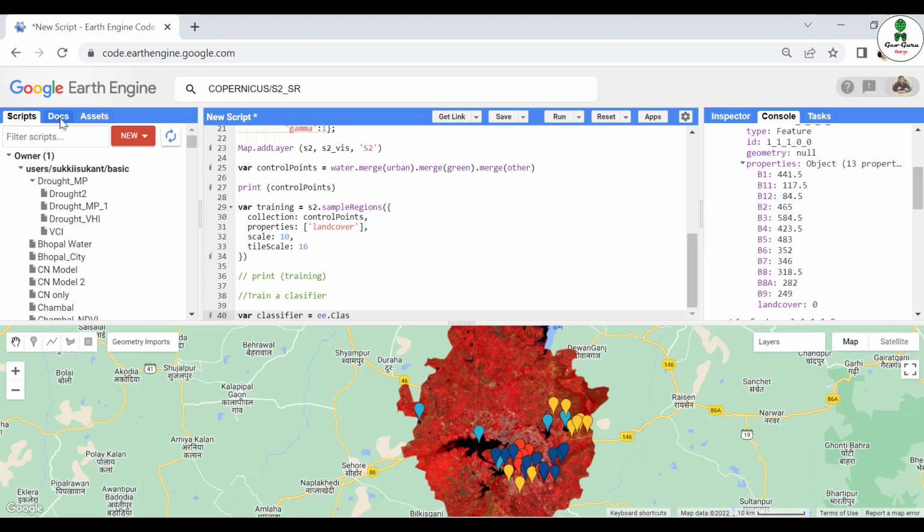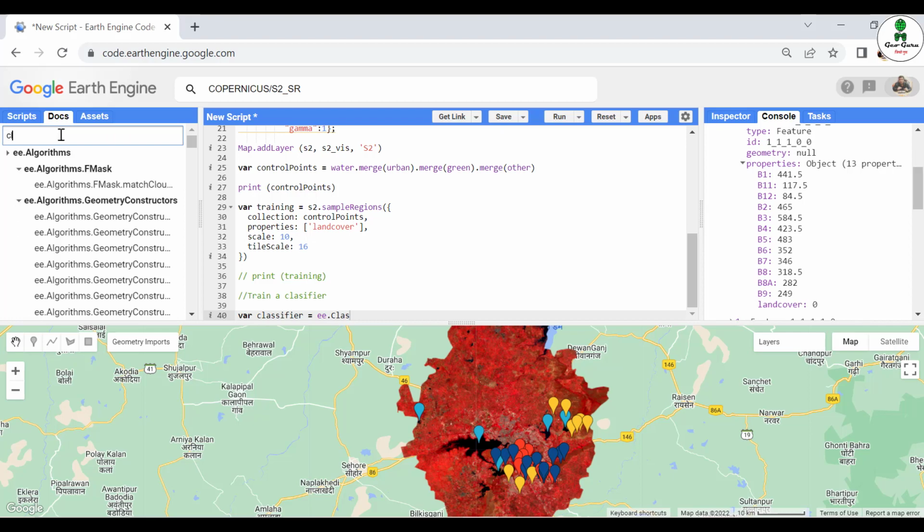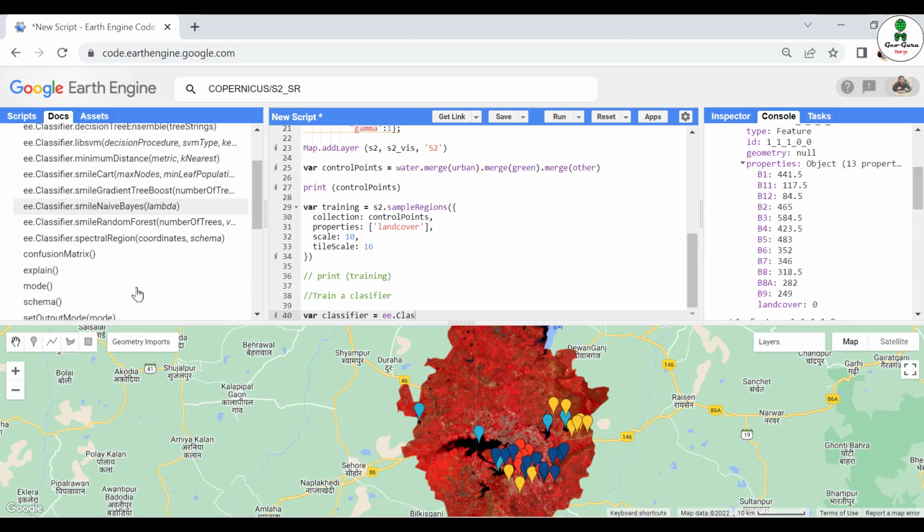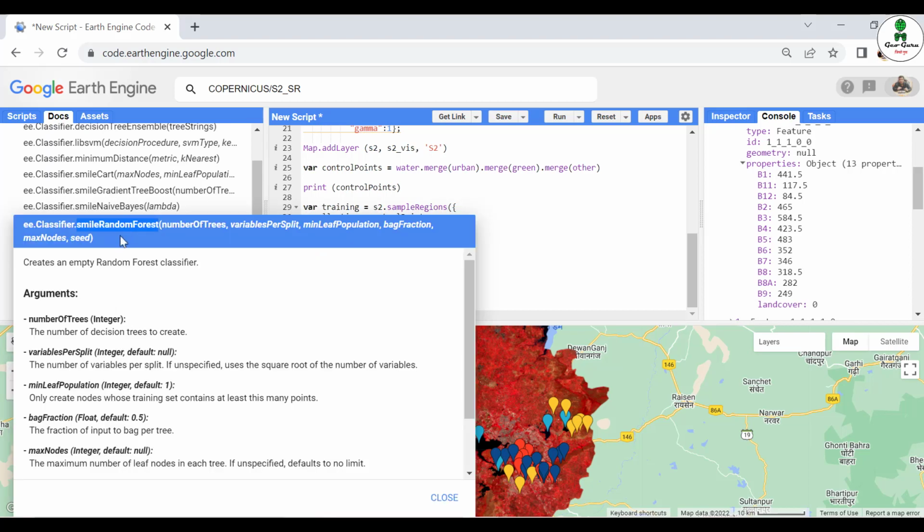If you go to the docs and search for classifier, you can find different types of classifiers, and these classifiers are nothing but the algorithms for computing the supervised classification. You can use maxent, decision tree, minimum distance, smile CART, and smile naive Bayes. As Google Earth Engine keeps adding new algorithms with each update, in this case I'm going to take the smile random forest. Either you can copy this